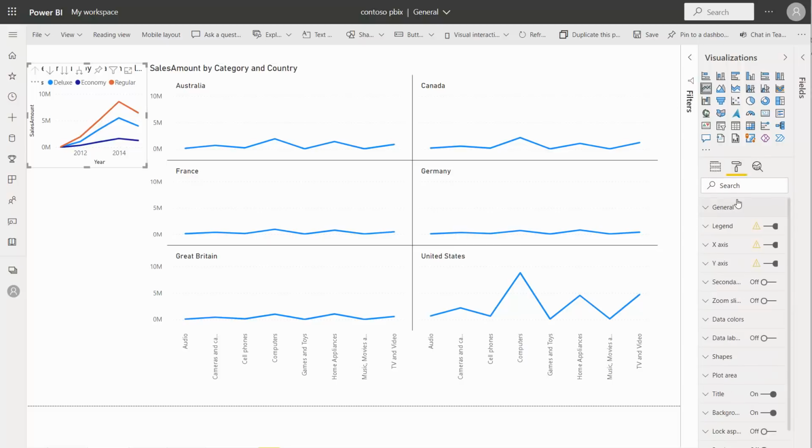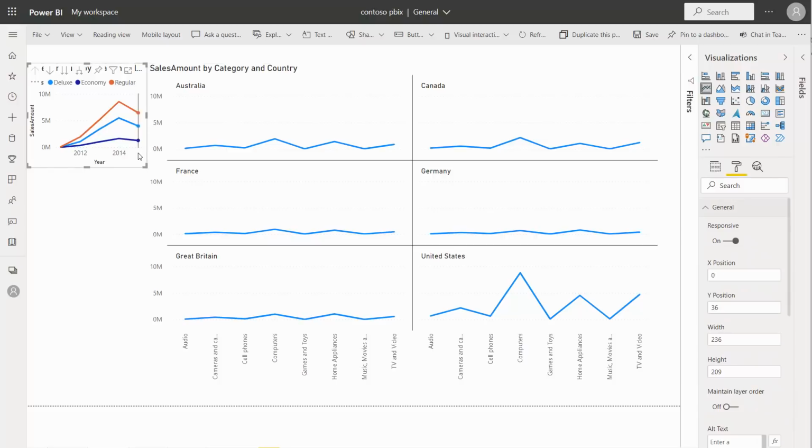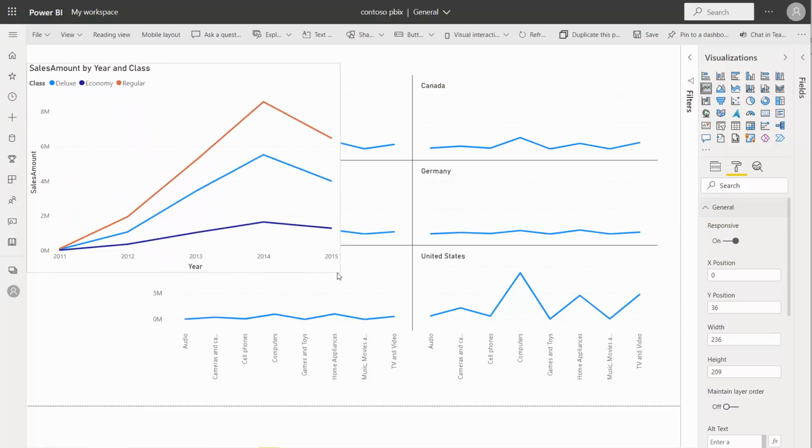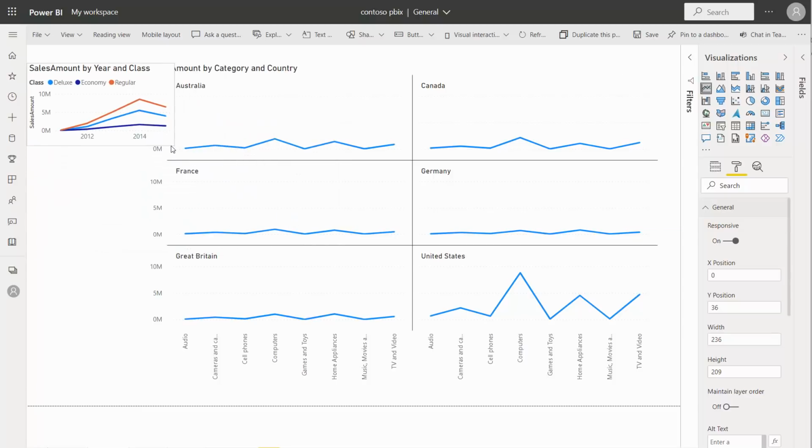So responsive visuals will slowly drop chart elements like axis titles, axes, and legend as their size shrinks. As you can see here, the x-axis begins to drop as well as the y-axis title, and then eventually the axes themselves and then the legend. This provides more room for the plot area, allowing you to visualize your data even in smaller and smaller visuals.